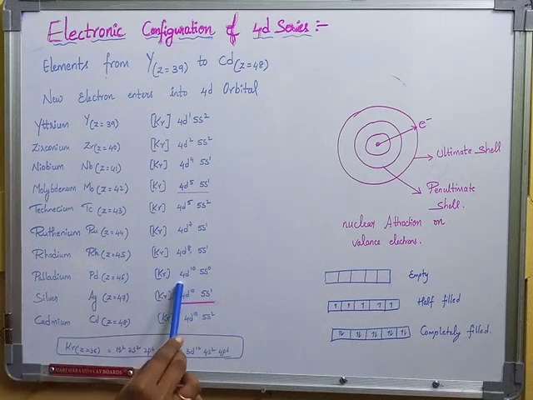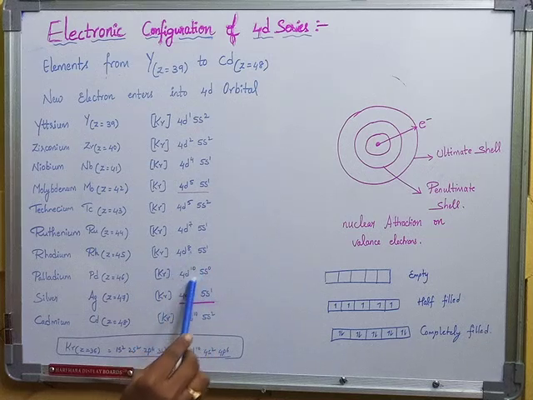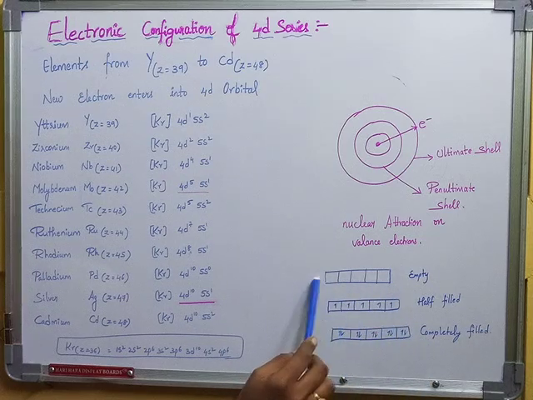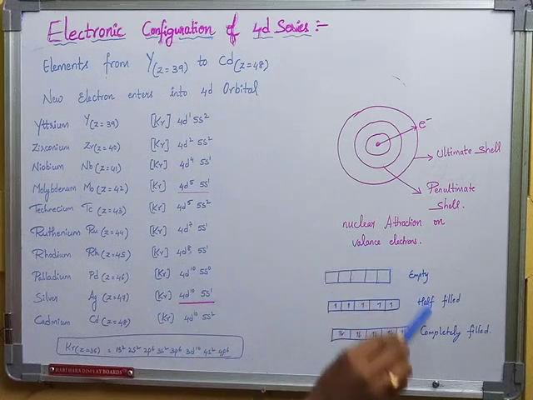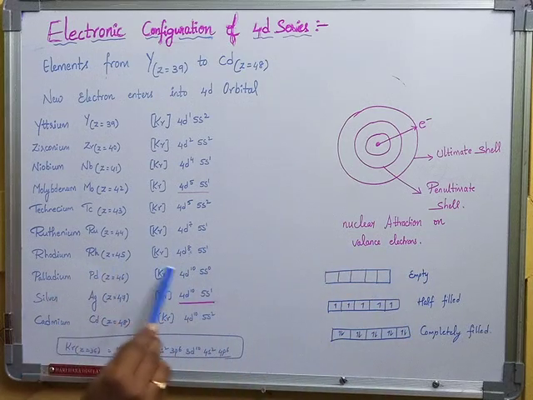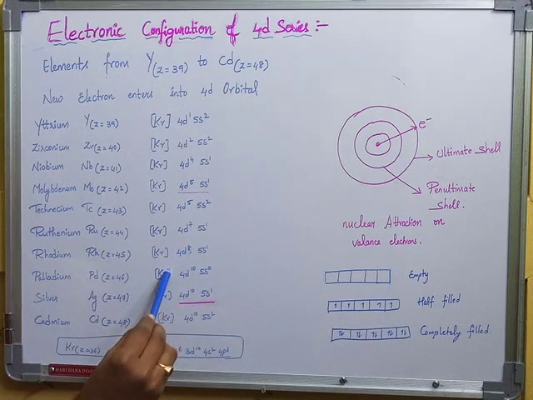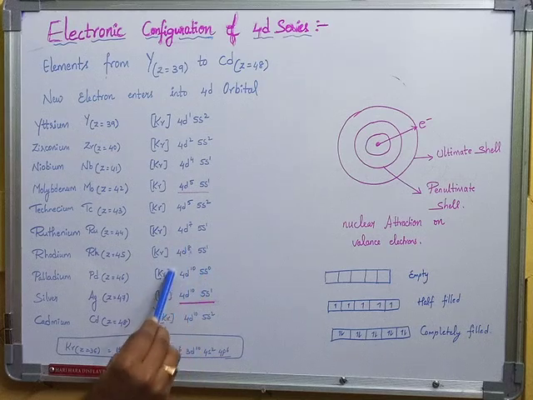So palladium, here you can see palladium 4d10, 5s0. That is the reason for a completely filled electronic configuration. Always remember, completely filled, half-filled and empty orbitals, degenerate orbitals, are always stable. Why? Because equal distribution and equal energy give more stability to the orbitals. So due to that reason, in palladium, in order to get a completely filled configuration in 4d, electrons of 5s jump into 4d and make the 5s shell empty. So the 5s orbital becomes empty and 4d is filled.